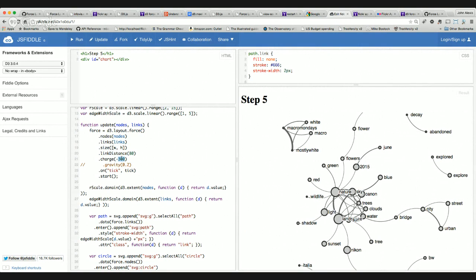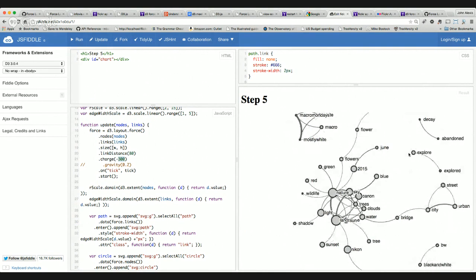The distance between those groups, do they mean anything? Like we have these groups on the far right, explore and explore. It's not connected to anything else. No, it's just